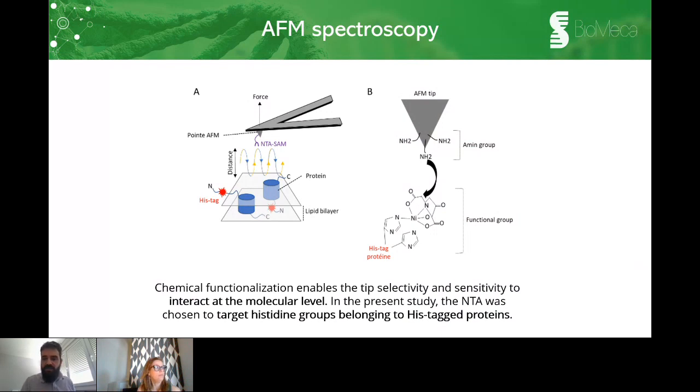In the present study, the NTA was chosen to target histidine groups belonging to His-tag proteins. Here, the AFM scans the surface of the sample through a very thin tip positioned at the free end of the flexible cantilever, which is able to move in all directions. The analysis of the cantilever deflection gives the exact path of the tip. The measurement of the interaction force is between the tip and the sample, as well as the measurement of the